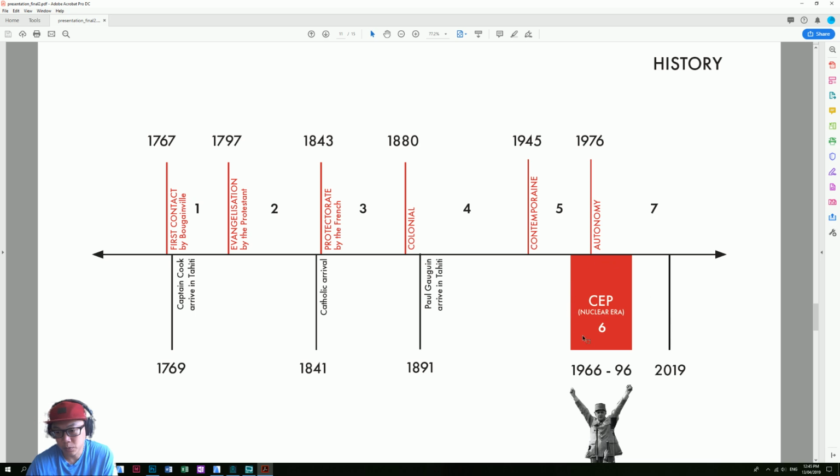Of course, the nuclear era when they started to do the tests. So I thought maybe I could use this timeline to help me